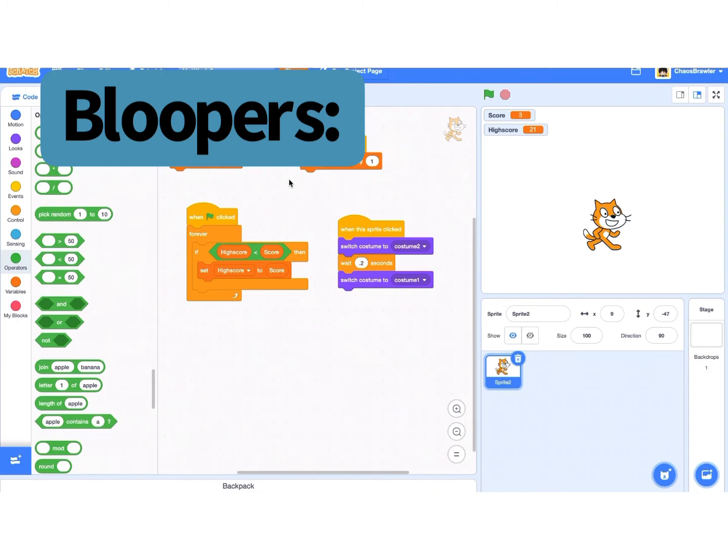Okay guys, so for this next section, what we're going to do is every second his score is going to increase. We're just going to forget that it